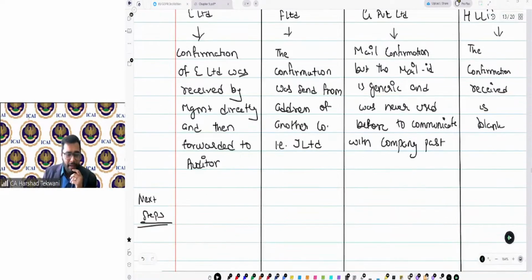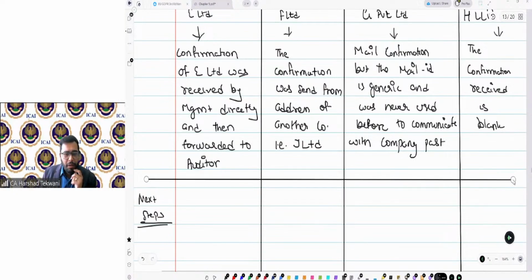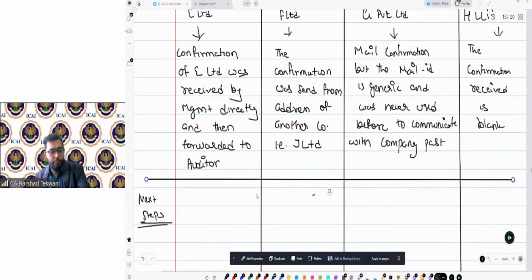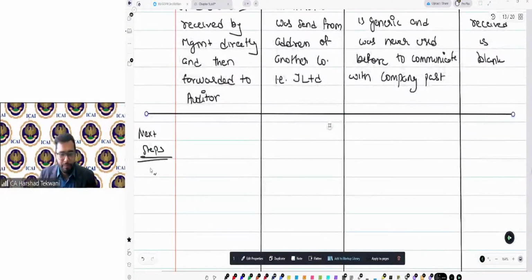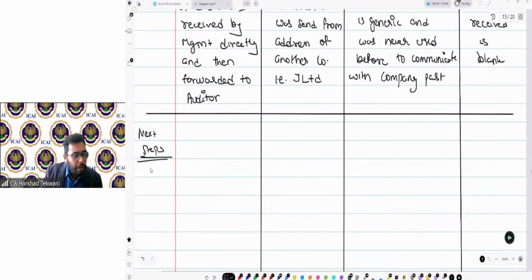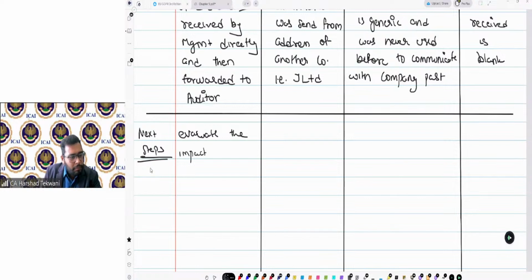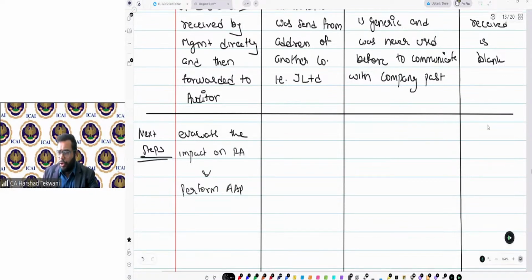So in this particular case, I say that two things are to be done. Number one, evaluate the impact on risk assessment, and perform alternate audit procedures. That is for sure.